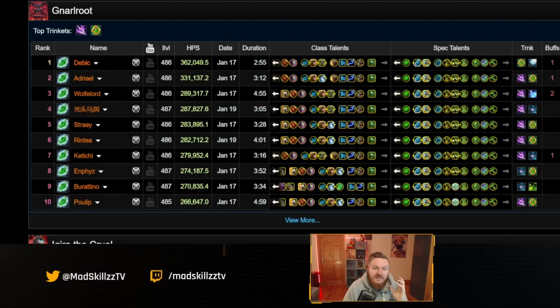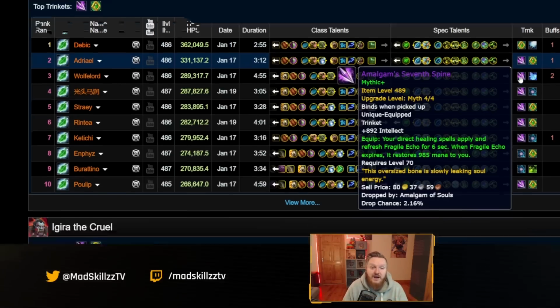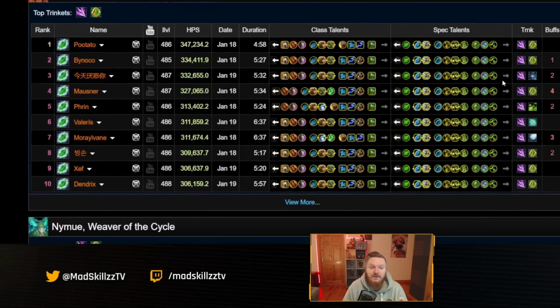And just to showcase an example of the mana consumption, you can see here, this is Mythic rating for Resto Druids who are doing really high HPS in terms of which builds they're running and which trinkets they're running. And you can see here, 7 Spine is very popular because it is a mana trinket, partly due to how it interacts with or which spells it impacts, but it is a very popular mana trinket. You can see the people who got really lucky with Spark of Hope as well. I'm just trying to indicate that a lot of raiding Resto Druids are going to be running mana trinkets because